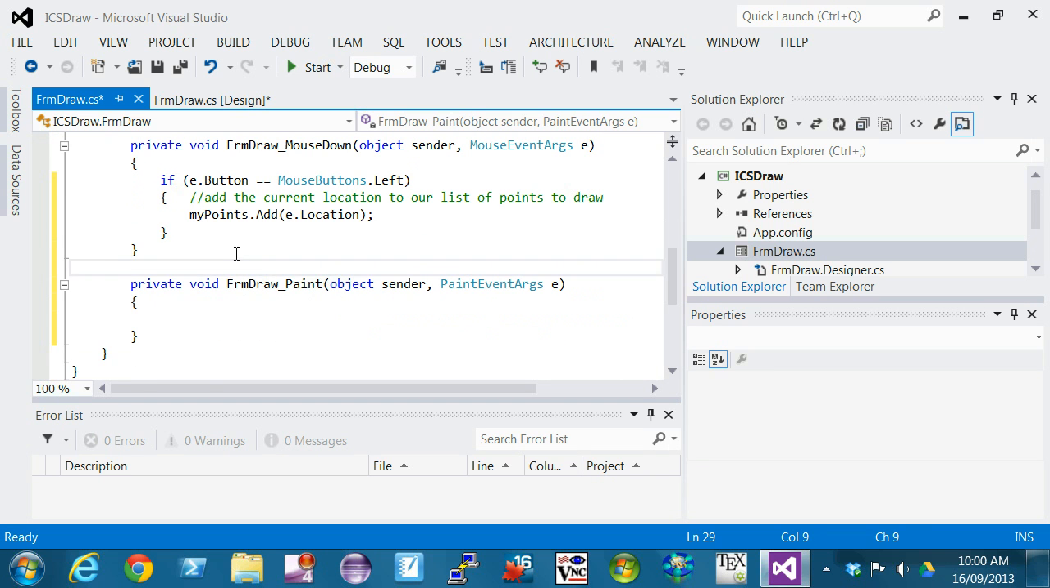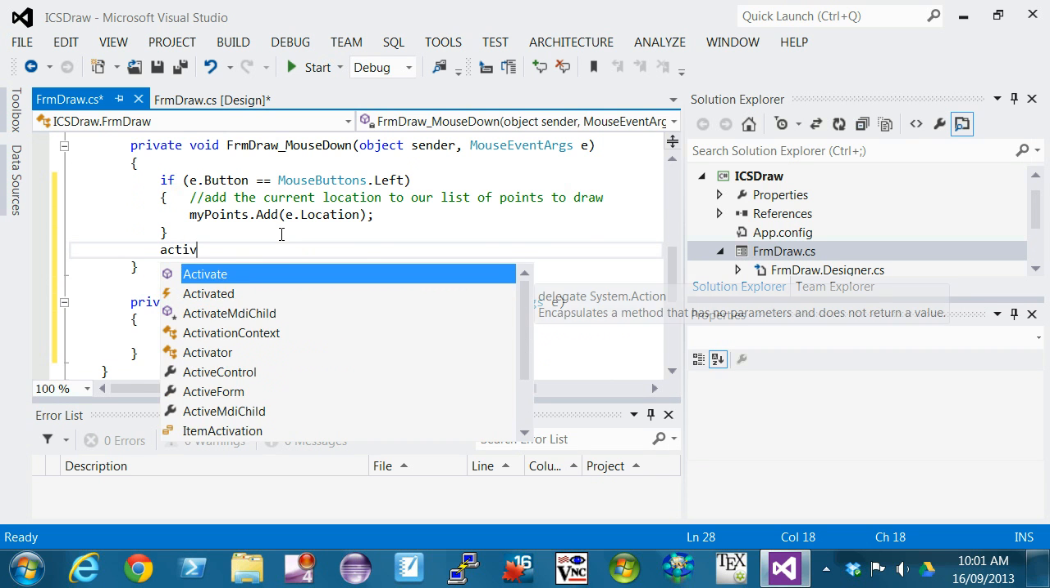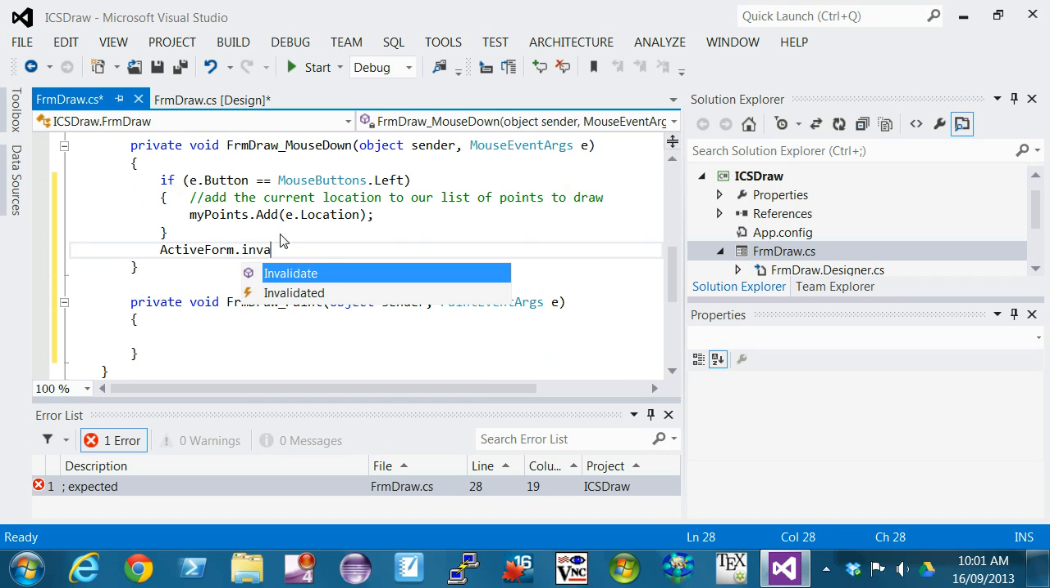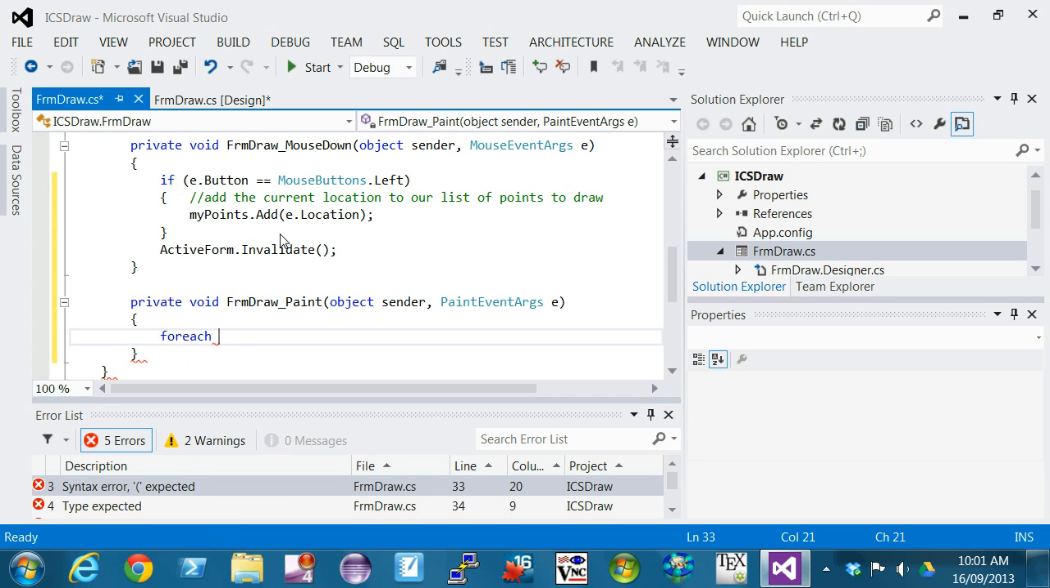Now we can come down underneath that if statement. We need to tell the screen to redraw itself. So we're going to say ActiveForm.Invalidate. That's going to cause the paint method to run. So here we're just going to use this interesting kind of for loop called a foreach loop, and a foreach loop is going to allow us to go through each element of our list without actually worrying about the indices. So we're going to say foreach point p